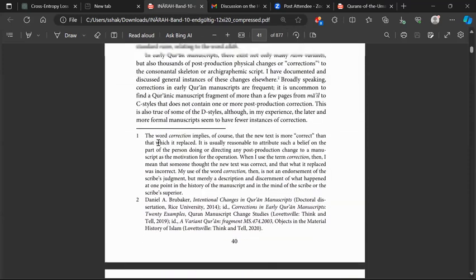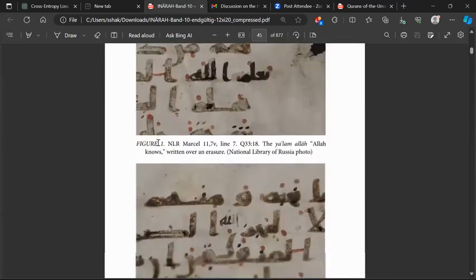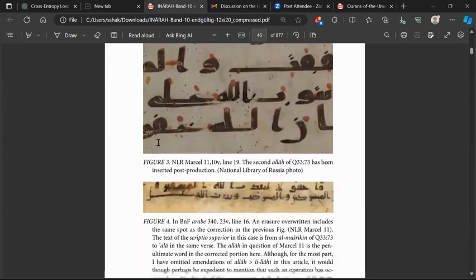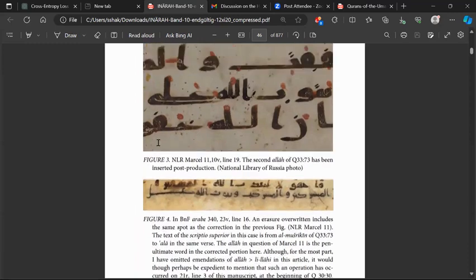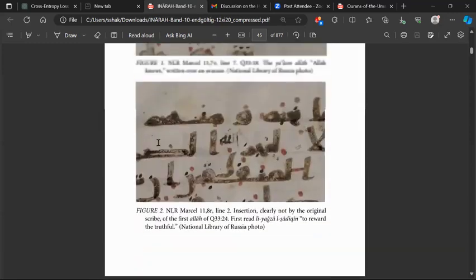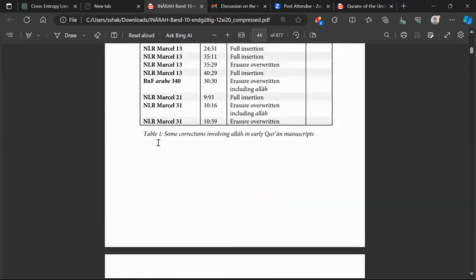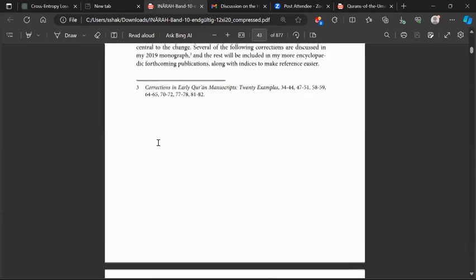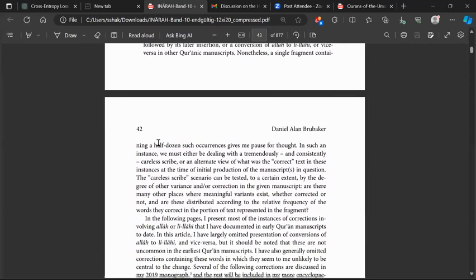For example, some of the times where the verse doesn't make sense, he doesn't note it. That is something important to note. If the verse doesn't make sense without the correction, then that is something significant that he should have told us. And it's his main point of discussion: the state of the Quranic text and corrections. The least we can expect from him is that he explains what's going on in specific places.